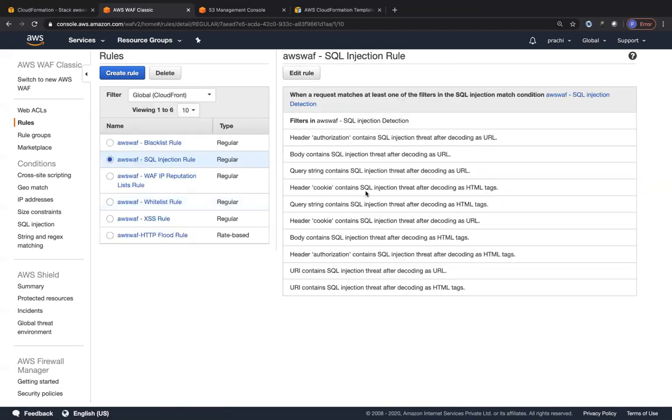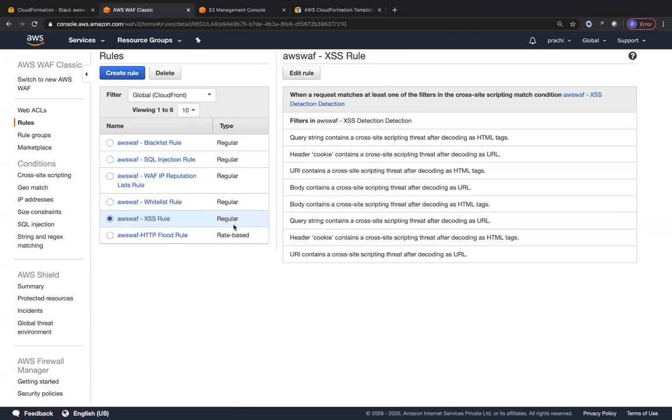And other than that, you can also take a look at the SQL injection rule. It takes a look at all of the different HTTP headers as well as the body and the query. It also looks at whether it contains any kind of URL or any kind of HTML tags. You can see that it checks a lot of different conditions for SQL injection. Similarly, even for cross-site scripting, it checks a lot of different conditions. Based on which, if someone is injecting JavaScript code through the URL, it will automatically be blocked. So you can do this testing with OWASP ZAP.